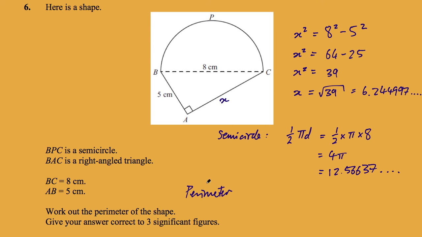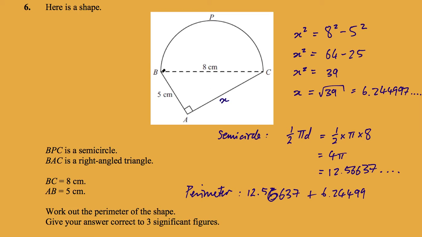My answer needs to be to 3 significant figures, so I'm just going to add my answers to 5 significant figures to make sure I'm going to round correctly in the end. I've got this BPC, which is 12.56637, plus 6.24499,